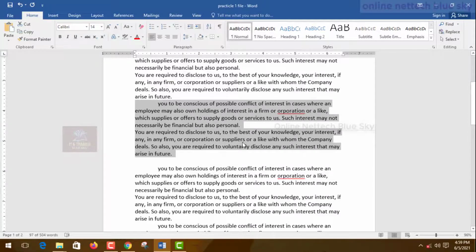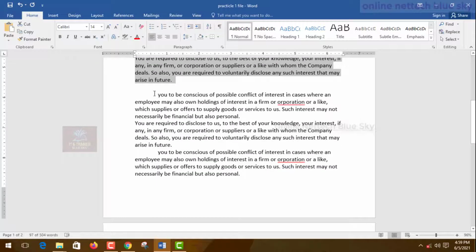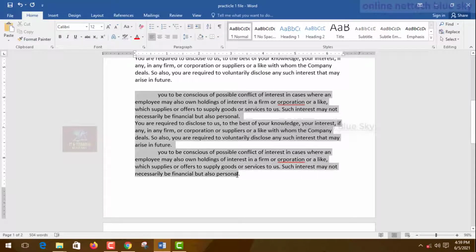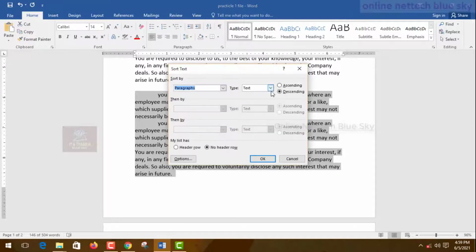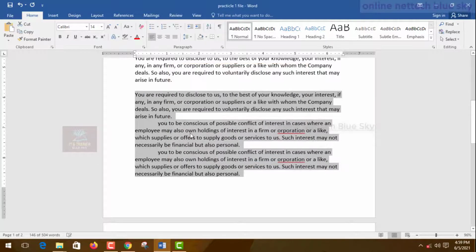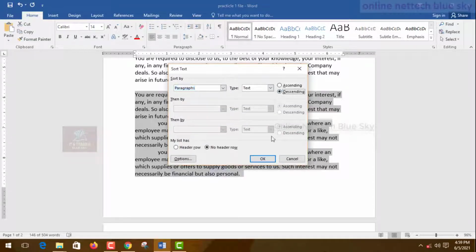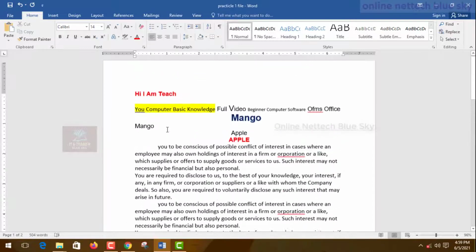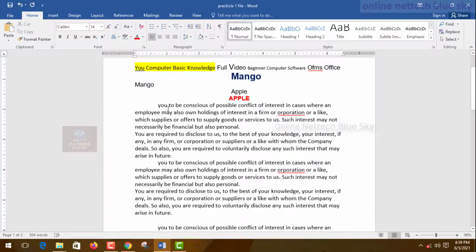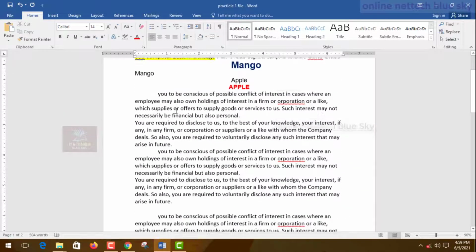Lots of people will not understand paragraph setting up, and this is an automatically very good and verifying system. You can use it to save your time. So this is one type of sorting. You can see it changing the paragraph, ascending and descending. So this type of paragraph system is very fast for creating your paragraph.